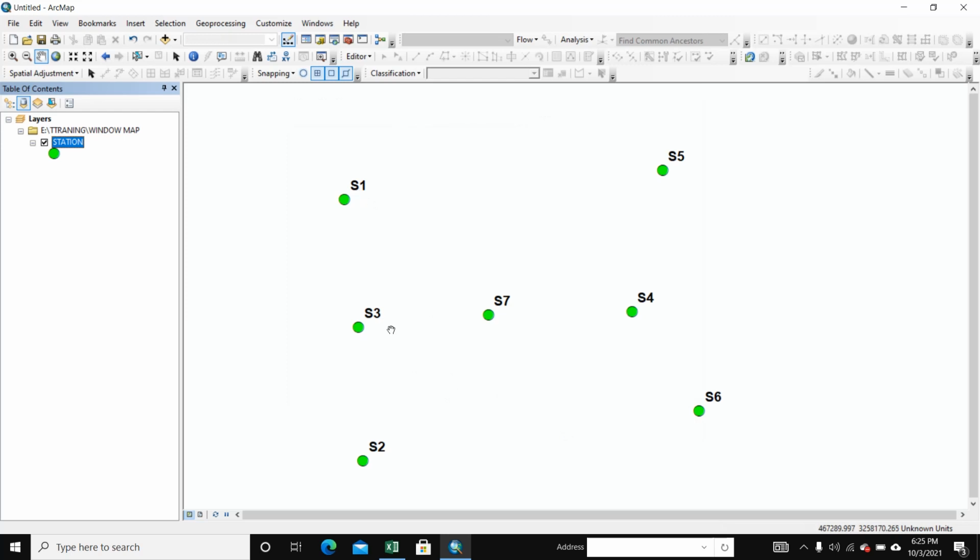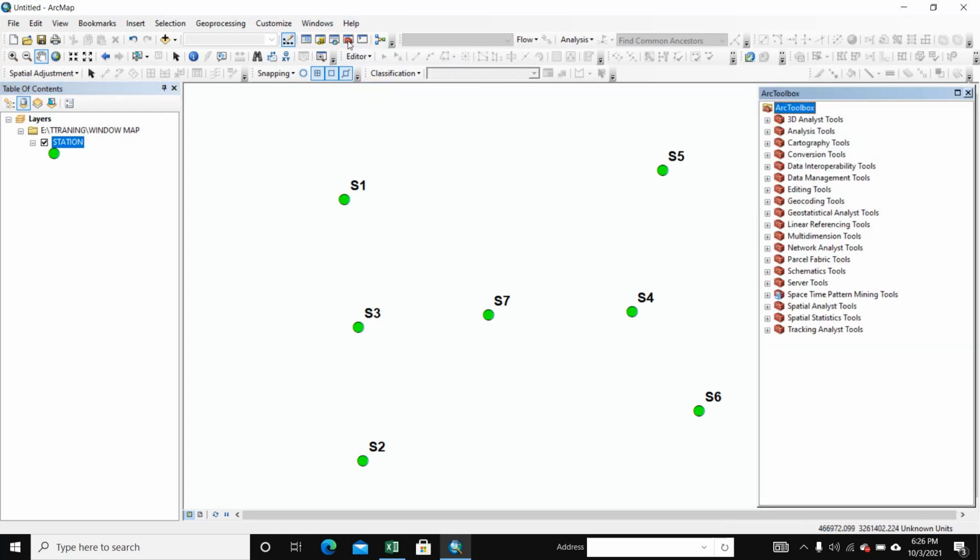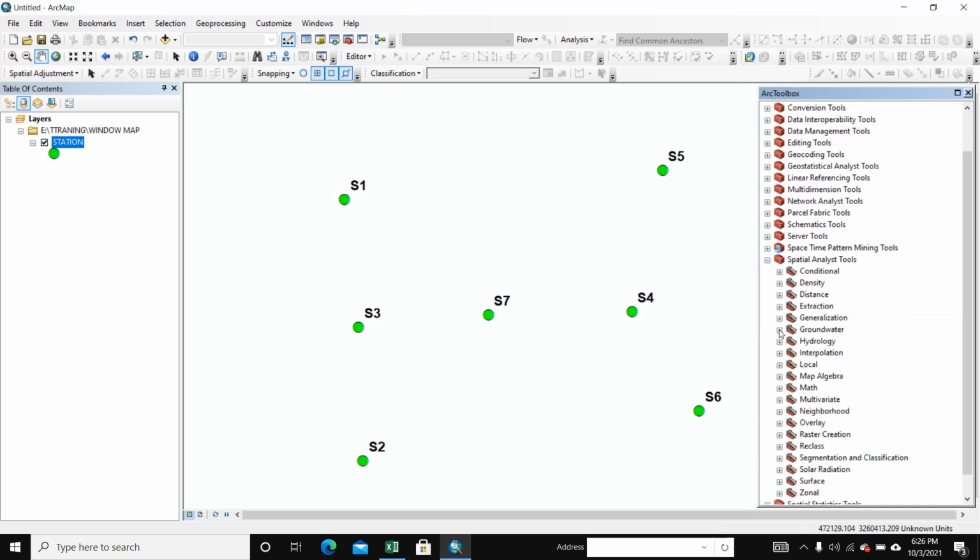Here is substation 1, 2, 3, 4, 5, 6 and 7. This substation. We create a map. We go to Arc toolbox and spatial analyst tool and go to interpolation and we select here IDW, double click IDW